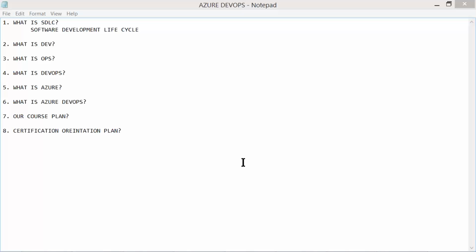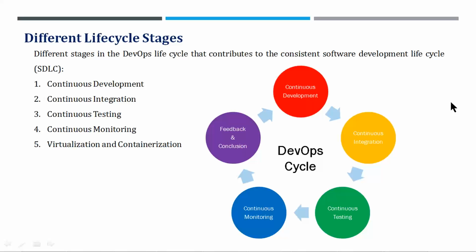For any software development, it involves multiple entities, multiple phases: development, integration, testing, monitoring, and review, feedback, conclusions, etc., in general.